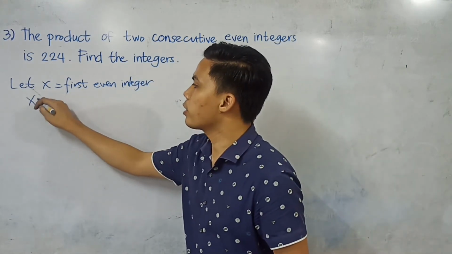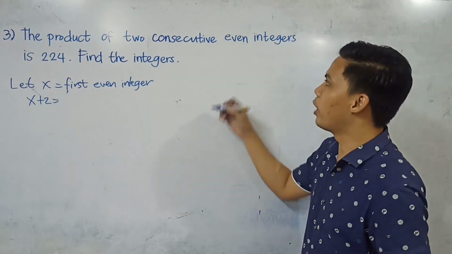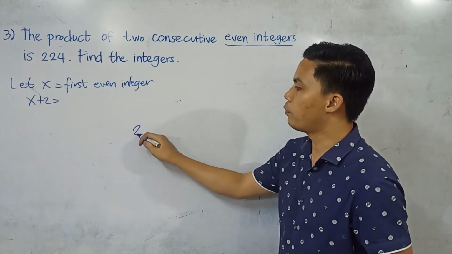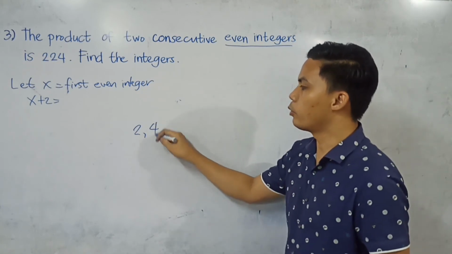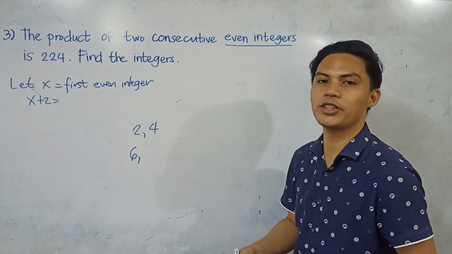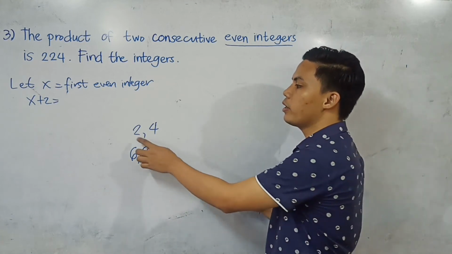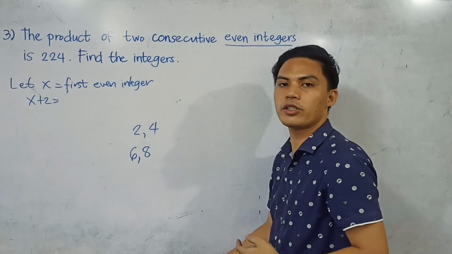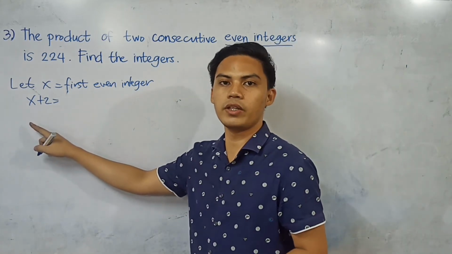And x plus 2. Okay, bakit x plus 2? Kasi nga nakalagay sa problem we have even integers. So as we all know, if the first even integer is 2, then the next even integer would be 4. Tama? And if the first even integer is 6, so the next even integer would be 8. Kung mapapansin natin, we're going to add 2 para makuha yung succeeding or yung next consecutive integer. Therefore, we're going to represent the next consecutive integer by